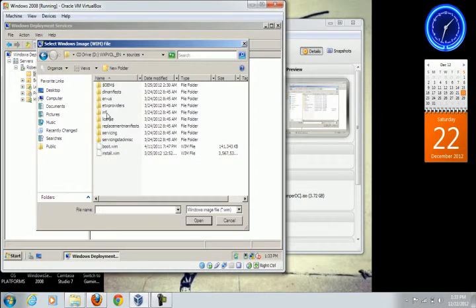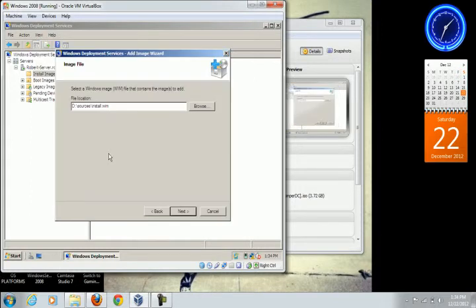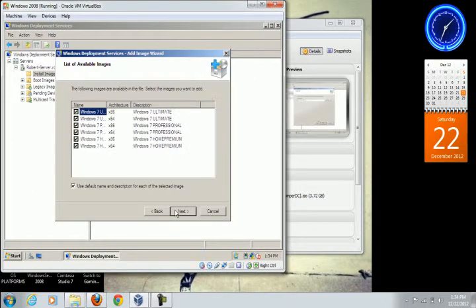Go to sources. Here we will see our install file. My computer, you go to your disk drive and you go to the sources and the install file, press Next,